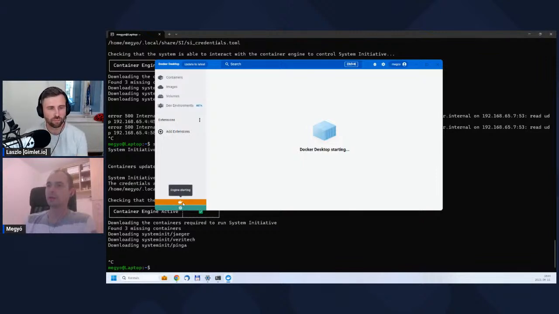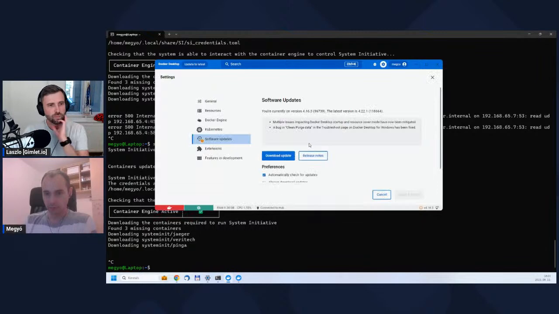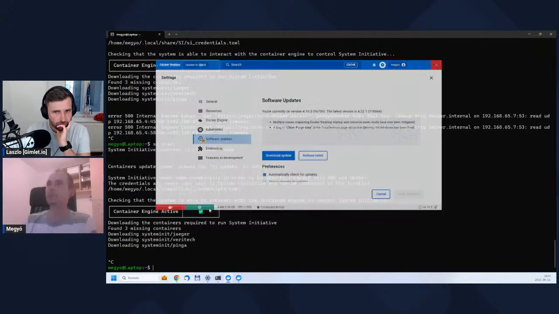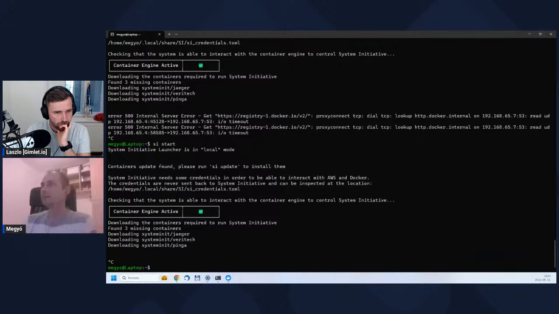Let me see why it's not starting properly. Hopefully I don't have to. Yeah, there will be a point where I will ask you to. Let me just stop Docker completely. It's always happening with live demos, right? That's okay. We have like an hour more, so we have time. It's just how it is. If Docker doesn't start, that happens, and it's also part of the tool.